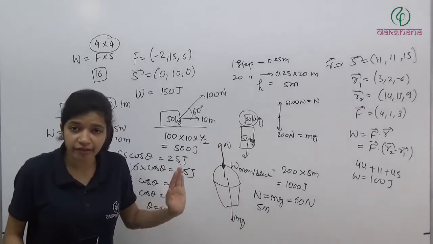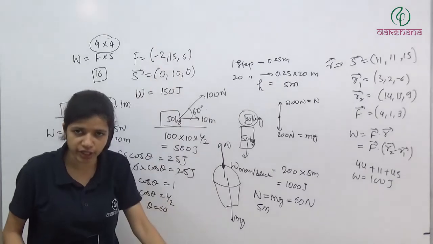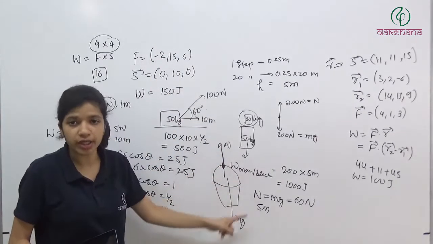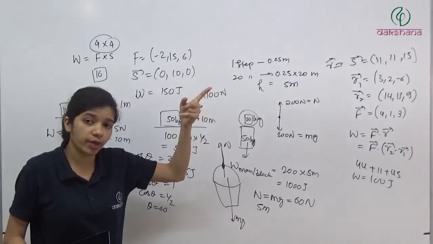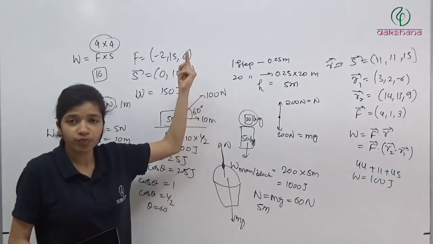We are not gaining any velocity while taking this block in upward direction or in downward direction. We are just lifting slowly. So it is not going to get any velocity here, otherwise kinetic energy would also come into the picture. So we have to just lift this block by this much height.